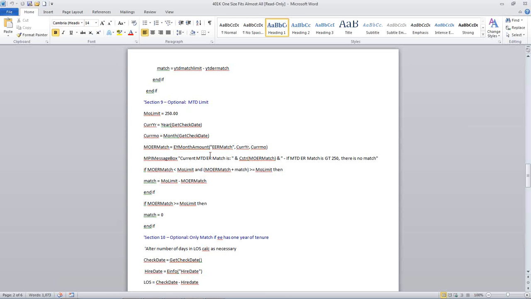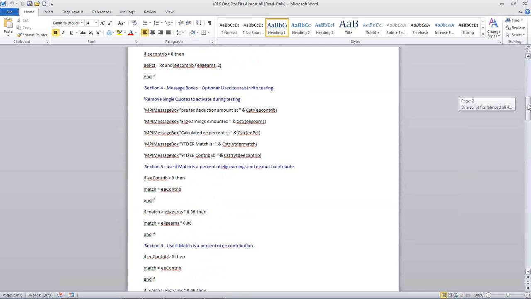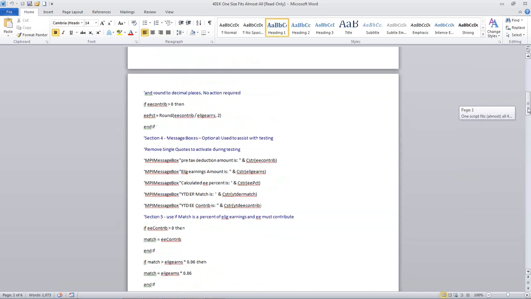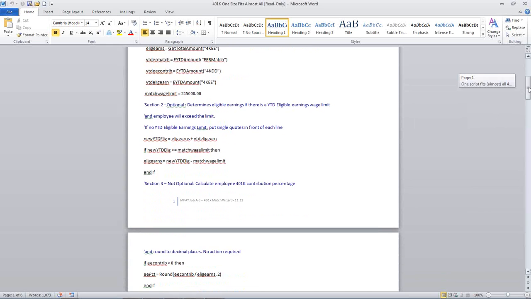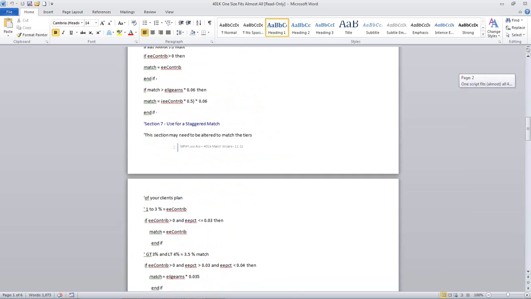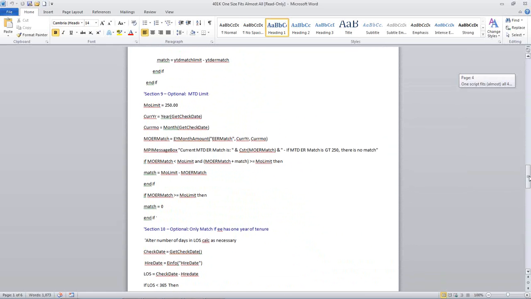Other thing that would need to be changed is these year-to-date months, these EY month amount. You've seen a couple of lines in the script where we are using the actual earnings code, like up on top here. If I'll just slide back up. Let me pop up a little more. This is where this thing is enormous. So we're actually in here saying we want to use ER match. So if your code is 4K ER or match, you would have to alter this accordingly. I actually have a way of changing all of that too, but I didn't put it in here. So if anyone's interested in it, I can talk to you at points after that.